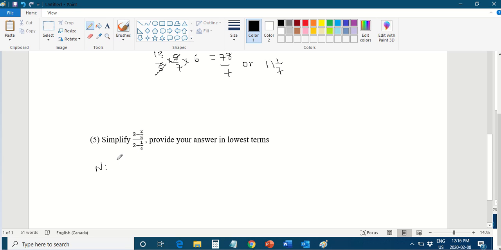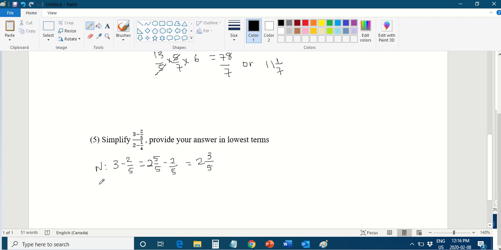So I'll say n for the numerator. It's 3 subtract 2 over 5. Now 3 is the same as 2 plus 1. 2 plus 1 is 2 and 5 over 5. Why did I choose 5 over 5? Because there is a 5 here. So it's a good idea to then put it as 5 over 5. If this was a 4, I would put it as 4 over 4. So 2 and a 1, it will be 3 as we need. Subtract 2 over 5. So whole numbers, 2 and no whole number here, 0. So 2 and 0 will be 2. And 5 over 5 subtract 2 over 5 will give us 3 over 5. And that's what we get for the first part, the numerator.